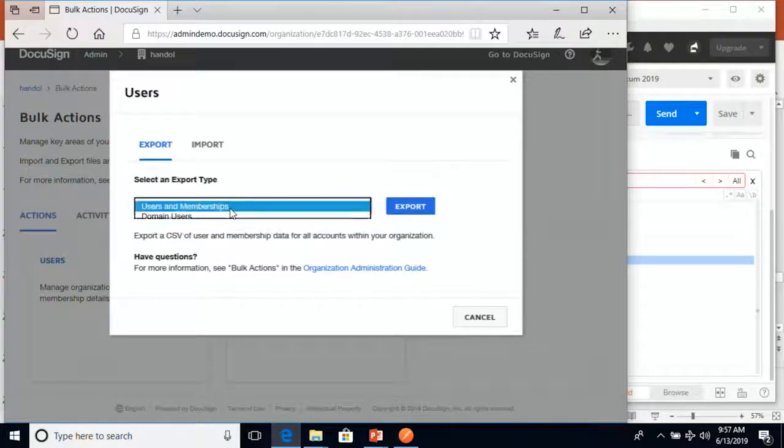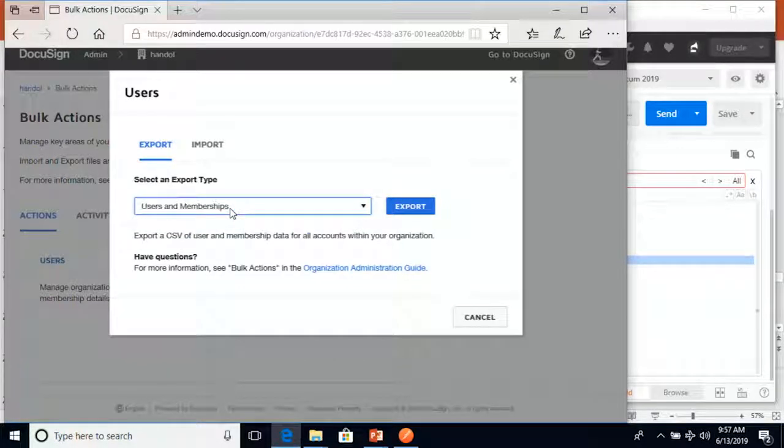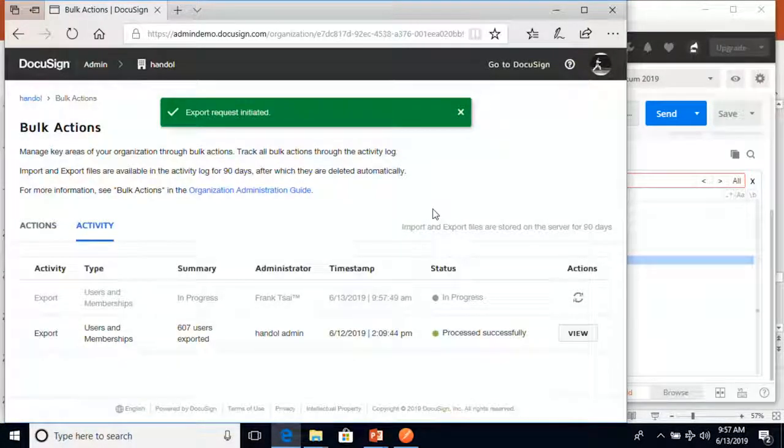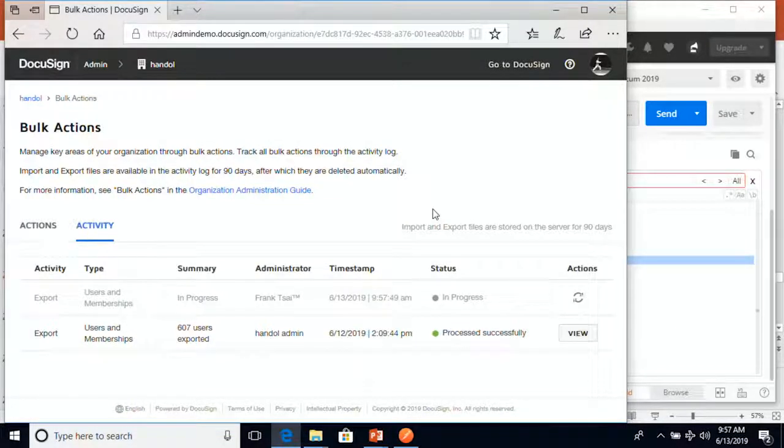So we're going to just specifically look for 2 accounts, so all the users in those 2 accounts. With this interface, I can't say which one, but in the API, I can. So I'm going to set and create an export. What it does is it creates a job. The job's going to run, so after the job's completed, I can then download the results.